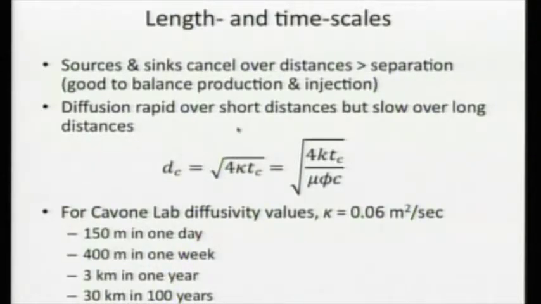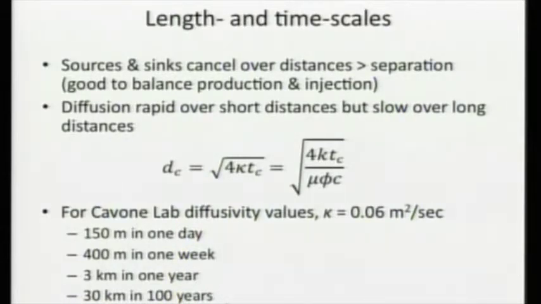Diffusion is rapid over short distances. It's slow over long distances. We can define a distance over which pressure will diffuse over some characteristic time scale. And the parameter that governs that is this diffusivity that we get from the Cavone lab test. And basically, pressure pulses diffuse around 100 meters in a day. They go maybe 400 meters in a week, 3 kilometers in a year, and in 100 years, they will only